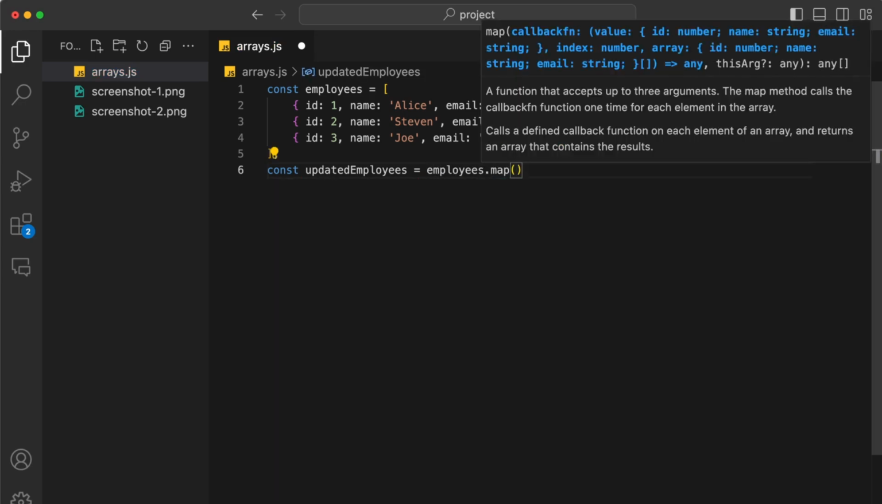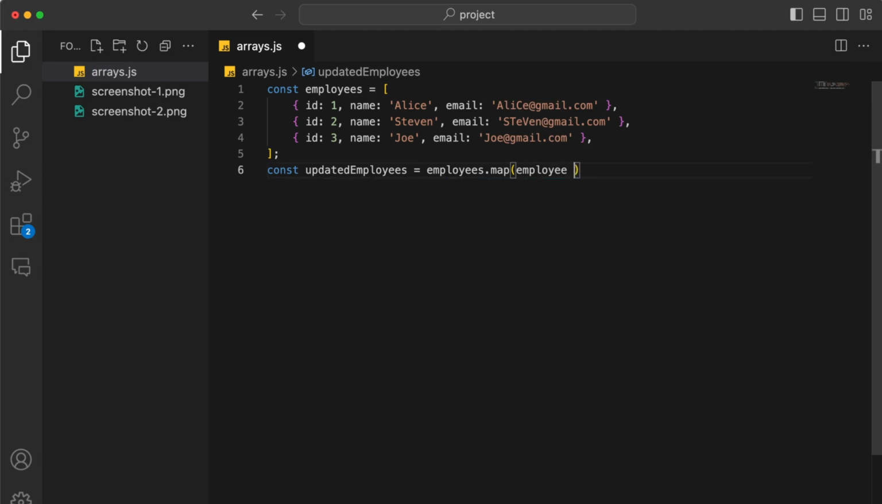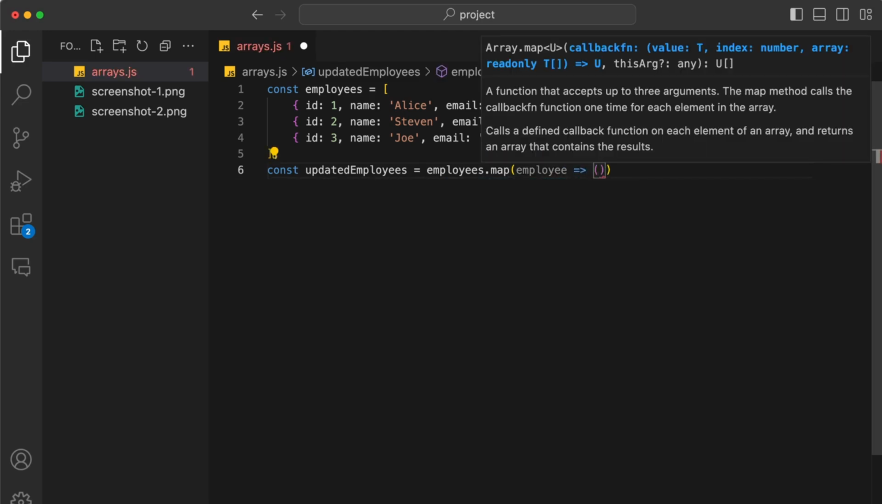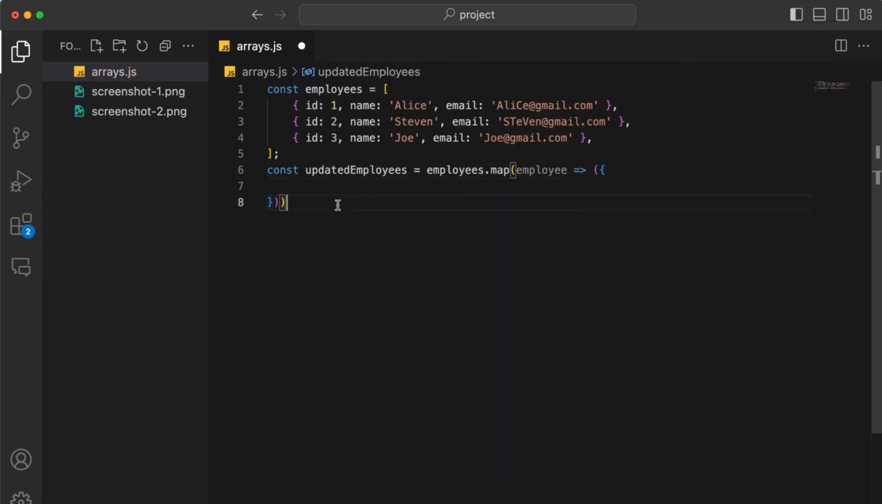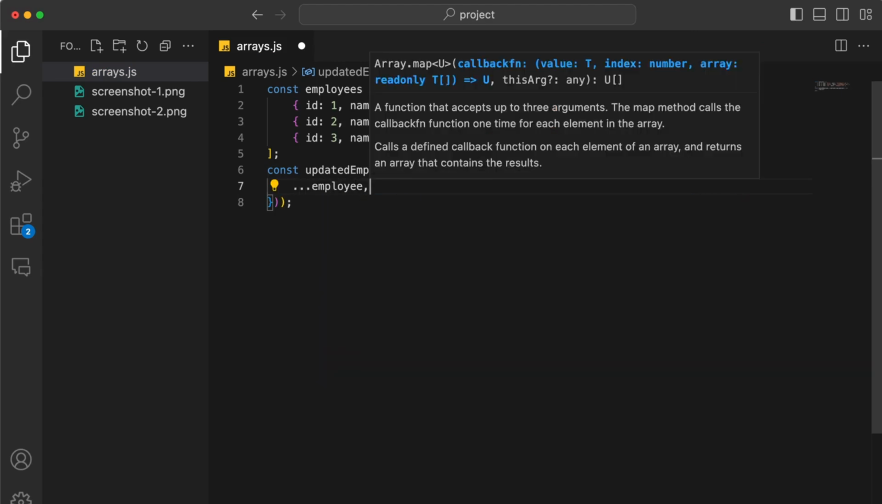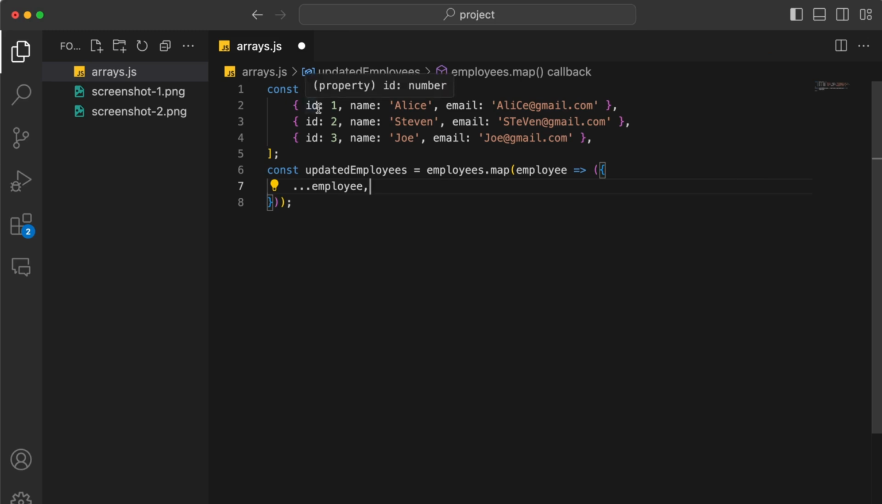employees.map. I'll name the parameter to be employee, an arrow function, and here I'll do a parentheses and then curly brace. So the curly brace is for the object literal that I'll be returning. So I'll use the spread operator, employee. So the spread operator copies over all of the properties into this new object that we are returning. Now I want to update the email property such that it's all lowercase. So I can do email, colon, and then I'll do